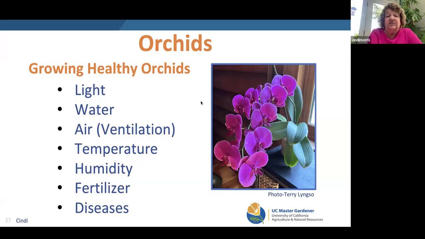Air ventilation means that we like air around the roots. This is true of any plant. So orchids, they have these big fleshy roots and they like air movement around their roots. That helps produce new roots. So the growing medium that you use needs to have air pockets in it so the roots can get air